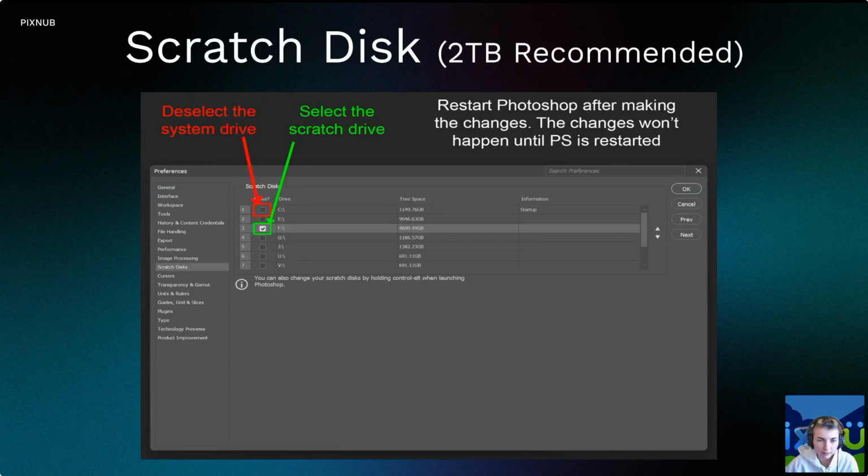Yeah, I'll chime in here too. This is a very important step on deselecting the system drive, because what I see happen often is even if the user has a scratch disk with, in this case, 4 terabytes available, if their system drive doesn't have that much and Photoshop fills up the system drive with temp files, even if you have a lot of space left over on your scratch disk,